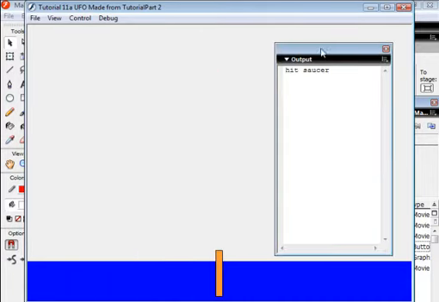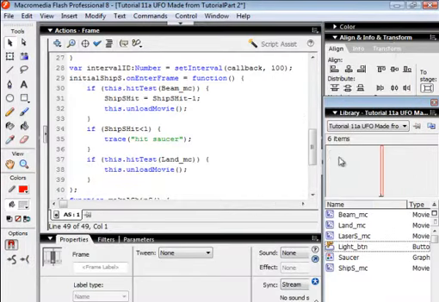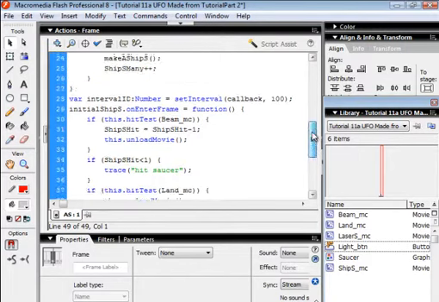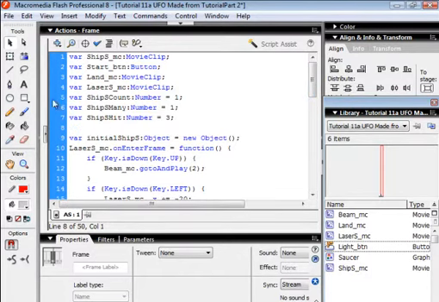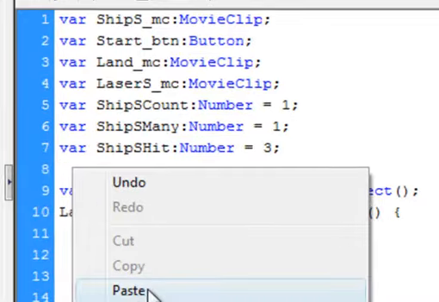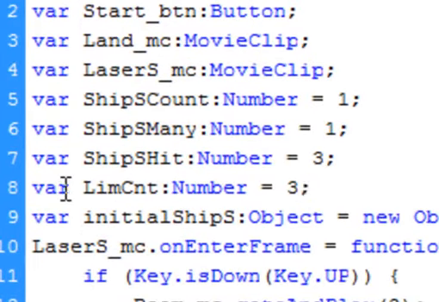1, 2, I got it. Hit saucers. So this is working. Now I think we should count the ships that we hit the land. So back up to the variables, insert another variable,